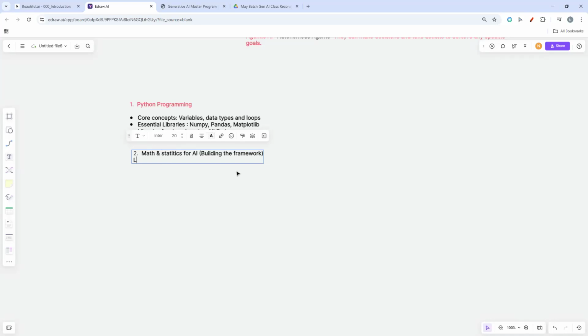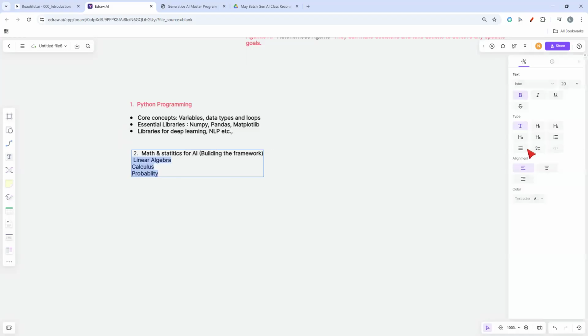It is all about linear algebra, calculus, and probability, a few things that you are going to learn as part of this maths and statistics. I'll show you the complete brochure within some 5 minutes, but I'm keeping a few things here.